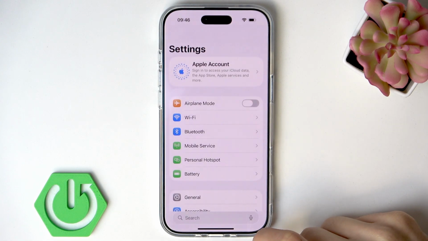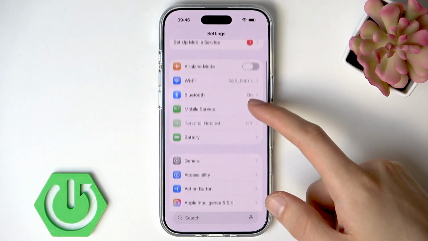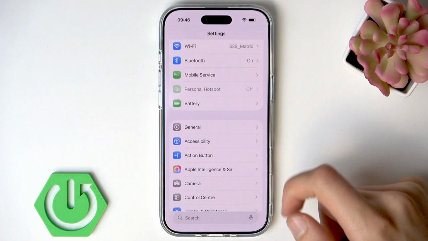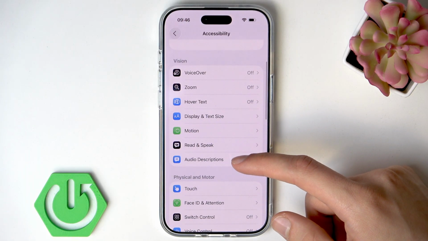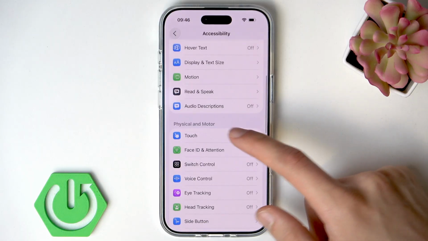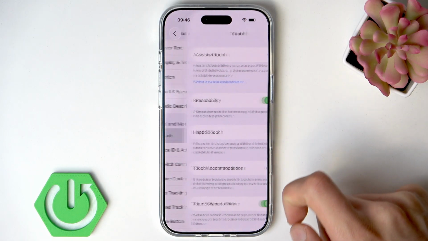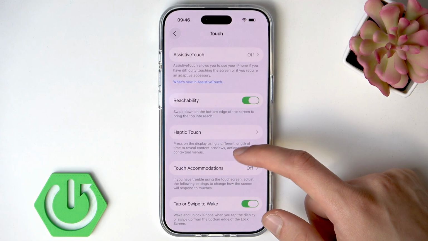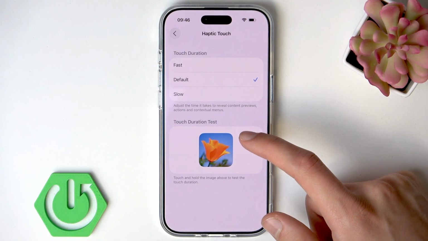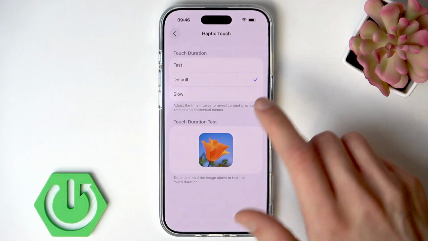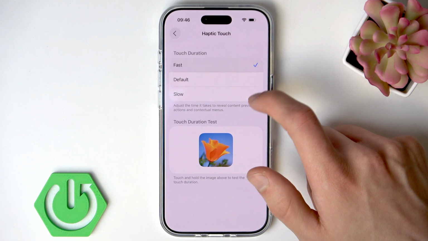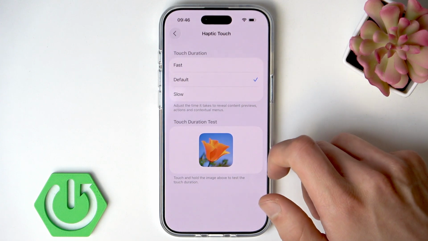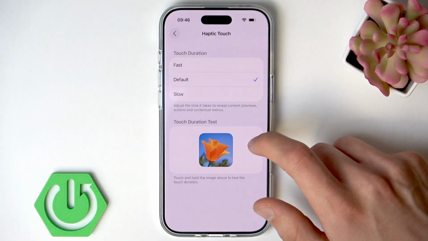First, open Settings, then scroll down to Accessibility Settings, open them, and then scroll down to Touch in Physical and Motor category and open it. And now select Haptic Touch, and here you can change your touch duration from fast to slow to default by selecting one of the available options